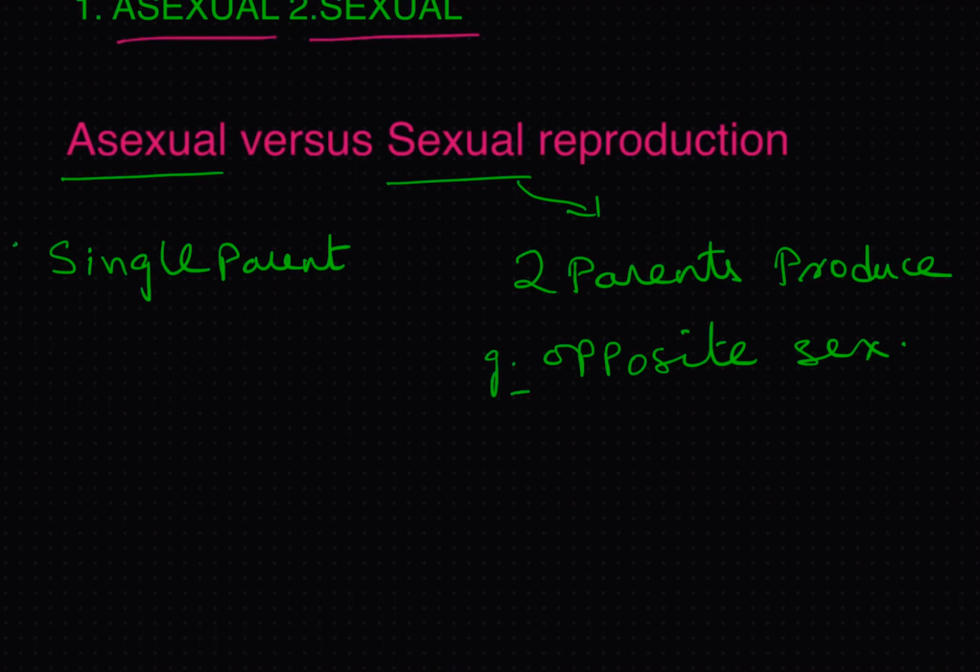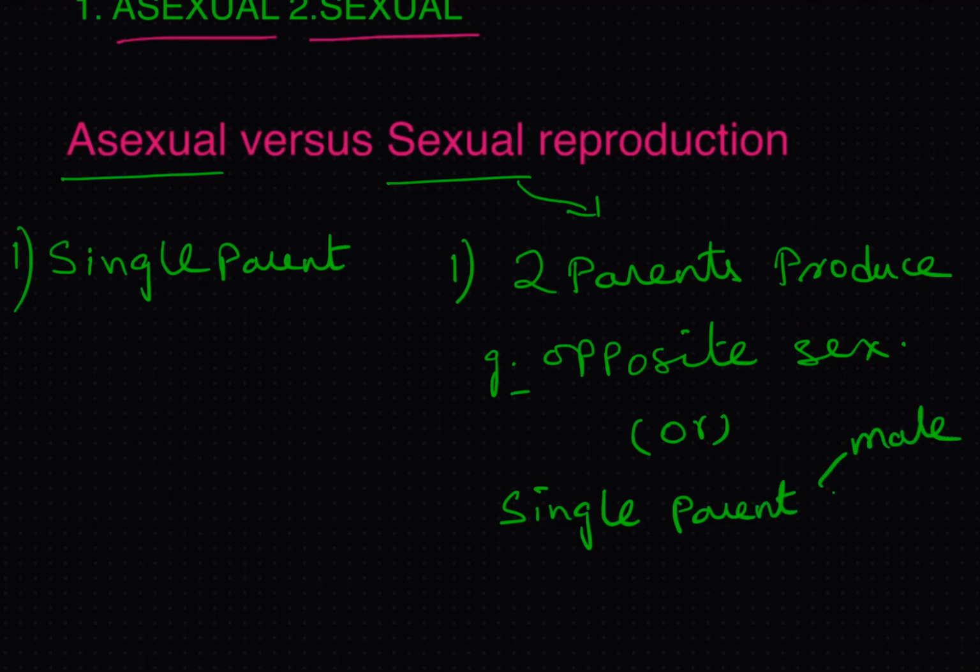This is the major difference between the asexual mode and sexual mode. The number of parents involved in asexual mode is 1, whereas in sexual mode it is 2 parents that produce gametes of opposite sex, or sometimes in a hermaphrodite you have a single parent that is capable of producing both male gametes as well as